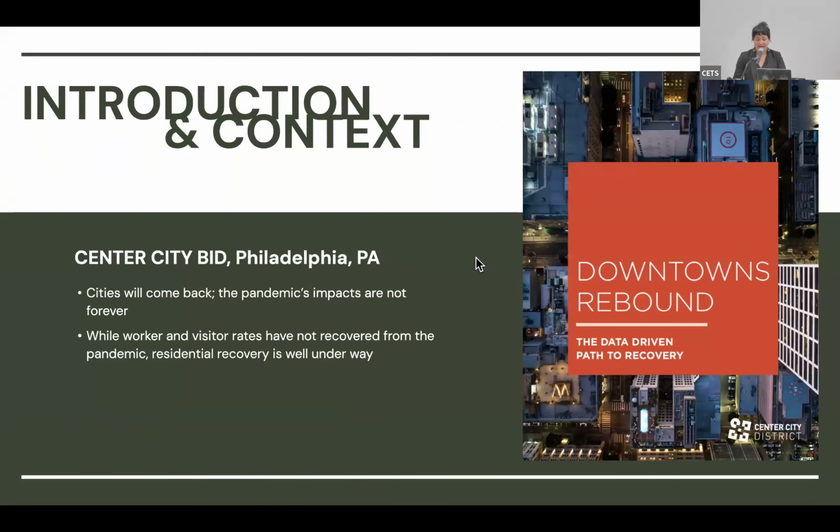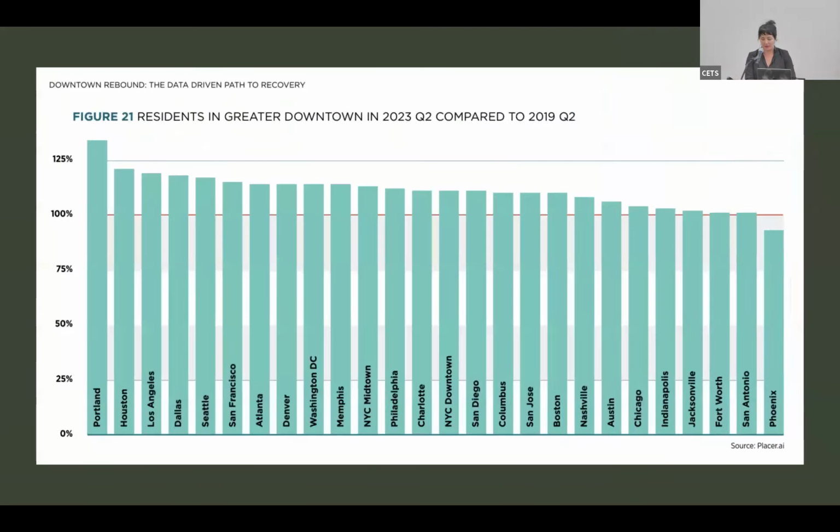Last October, the Center City Bid released a report called Downtowns Rebound. In it, they acknowledge the impact that the pandemic and remote work has had on cities, but their report expresses optimism that cities' downtowns will indeed come back. One of the main points that the report makes is that although there are still fewer workers and visitors, residential populations in downtown areas have actually grown since 2020. The Center City bid says that 24 out of the 25 cities in their study regained residents to pre-pandemic levels